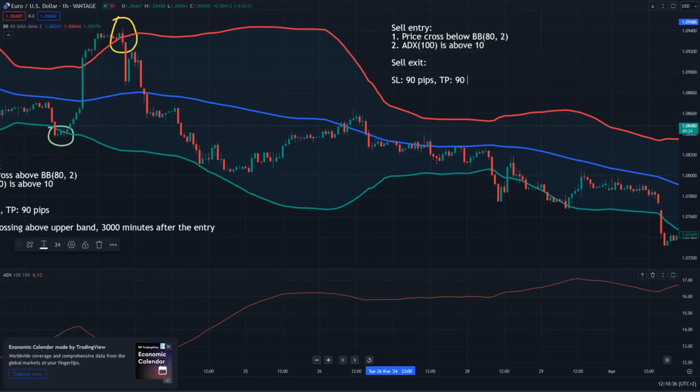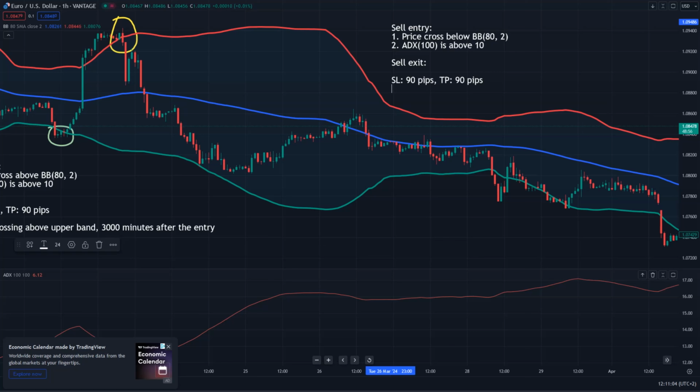Of course, you already know that we have dynamic exit as well, and the strategy is many times closing the trades earlier than these SL and TP parameters, and that is a huge strength of this strategy, because with the dynamic exit it can close any trades earlier